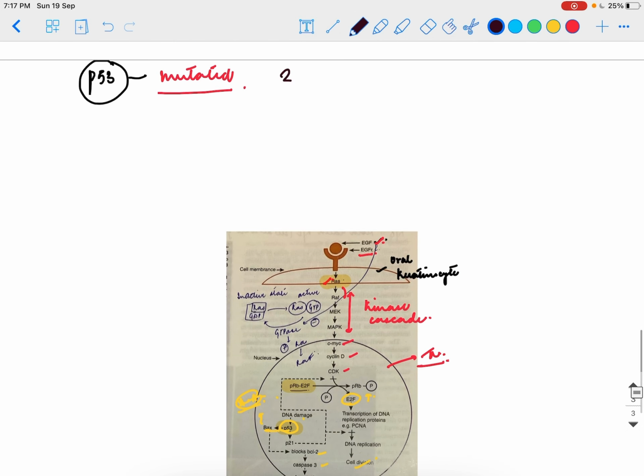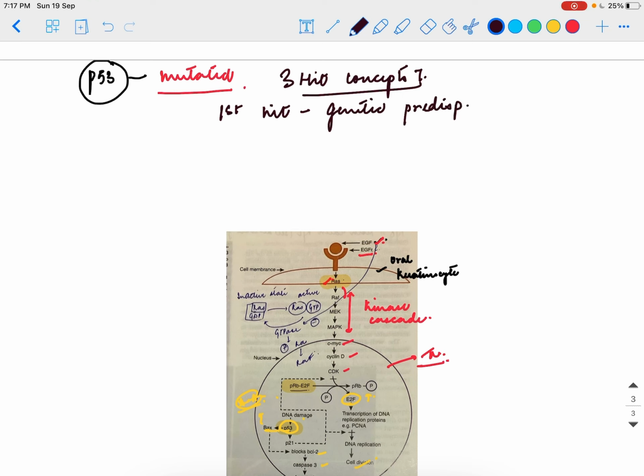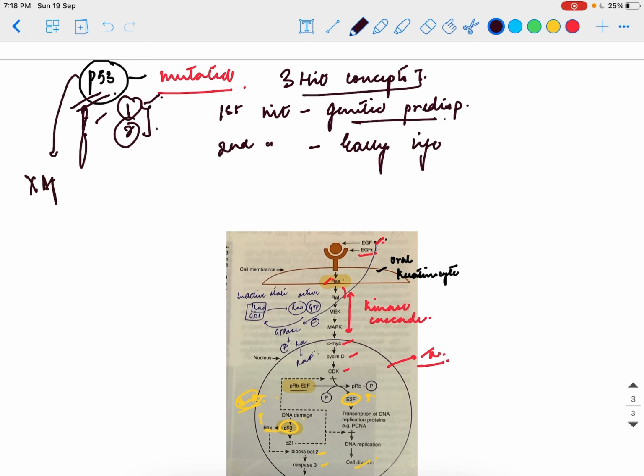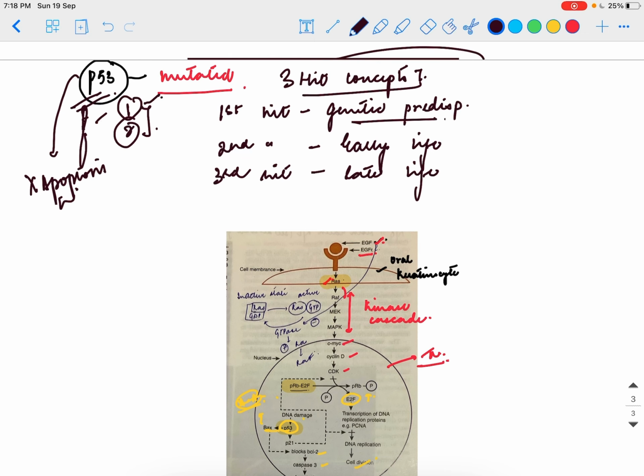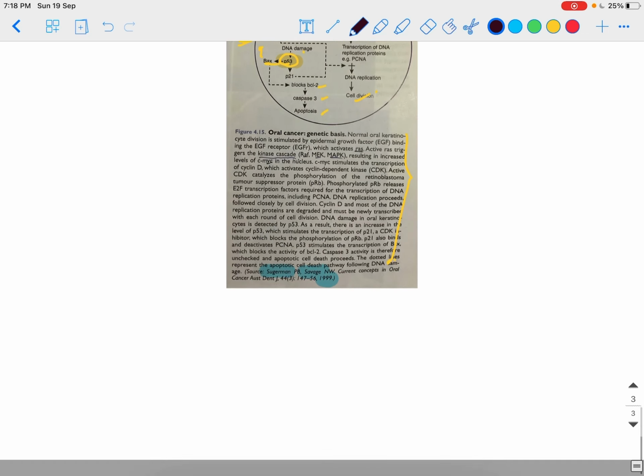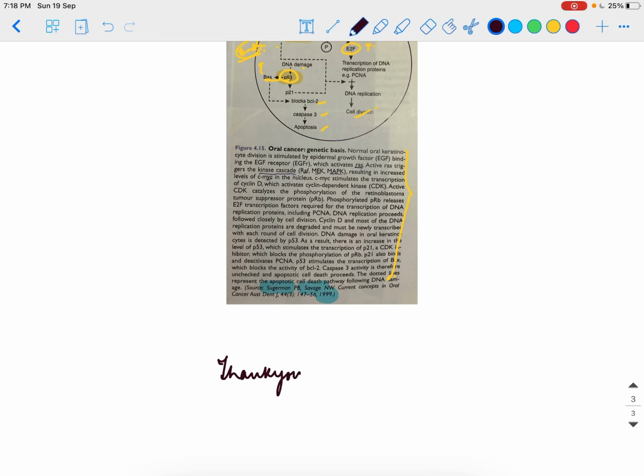This was all about the molecular pathogenesis, and in this we have the 3-hit concept. In the 3-hit theory, the first hit occurs at the genetic level, that is, genetic predisposition, where one allele is mutated. The second hit is when the second allele of the p53 gene is mutated in early life, and the third hit occurs in later life. So both alleles get mutated and p53 will lose its function, and due to environmental factors there will be